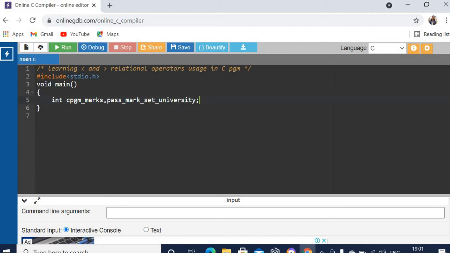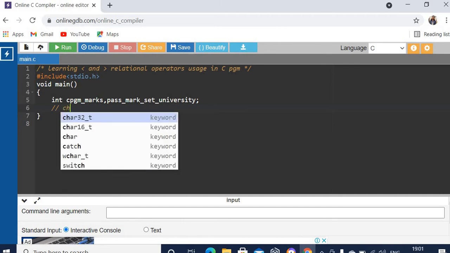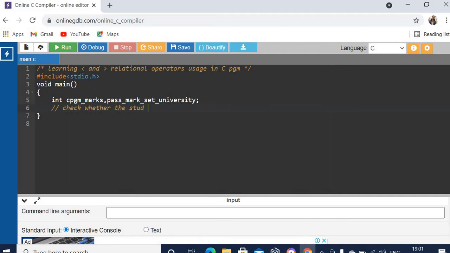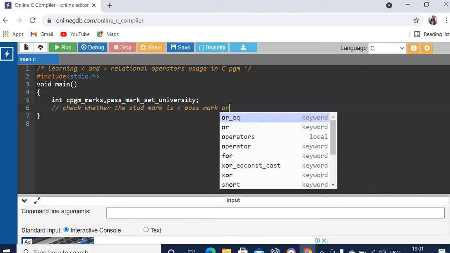Okay, so in this program we are going to check. Double slash can also be used for comment. So check whether the student mark is less than pass mark or not.